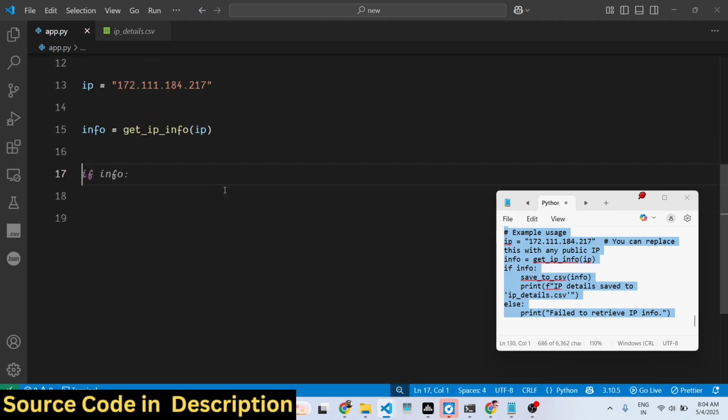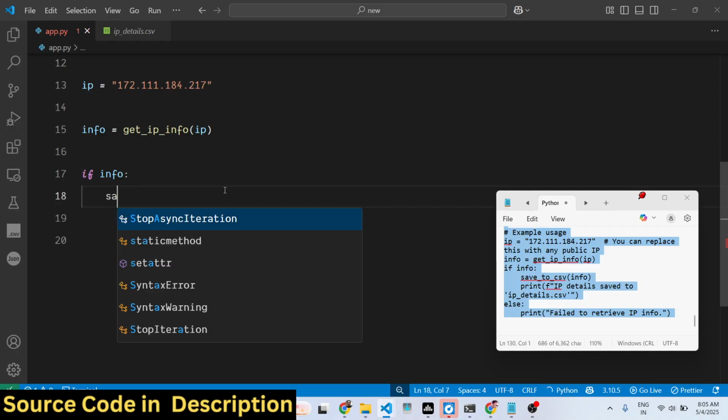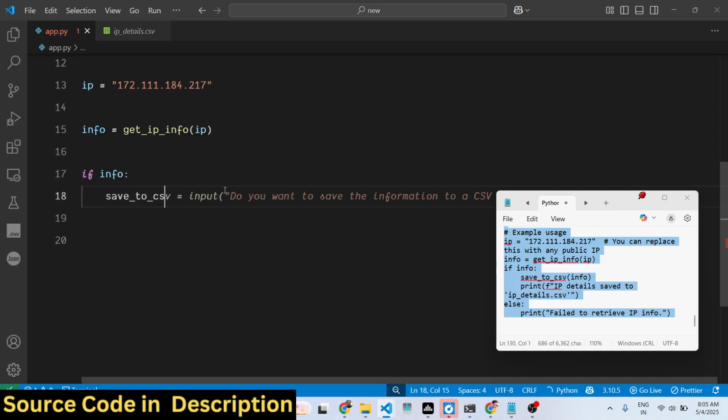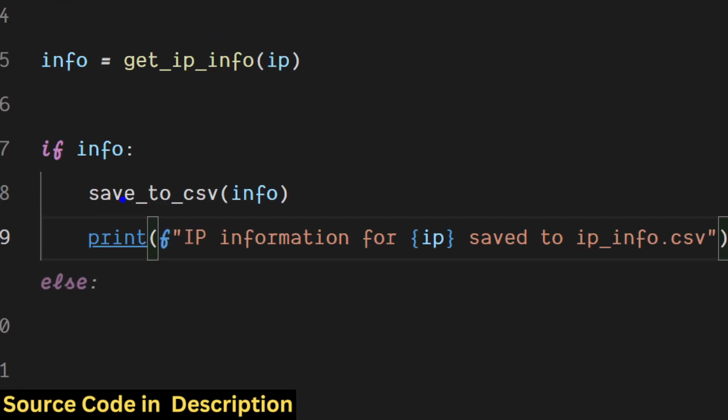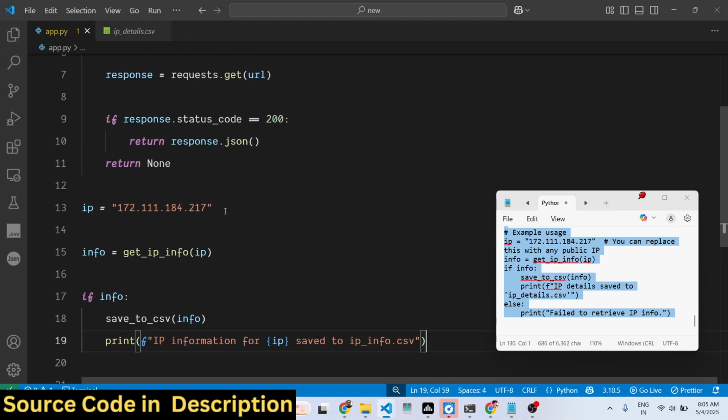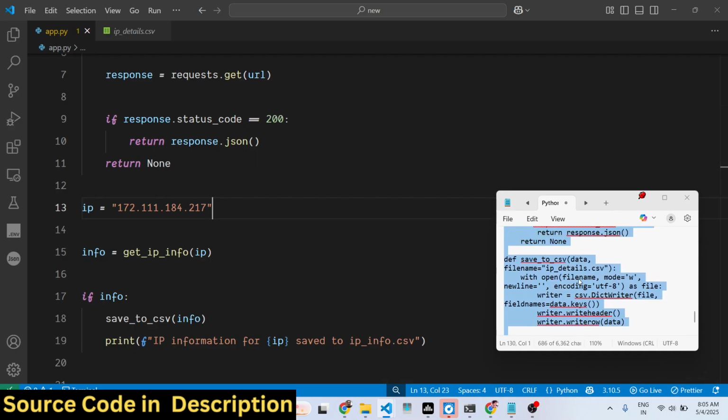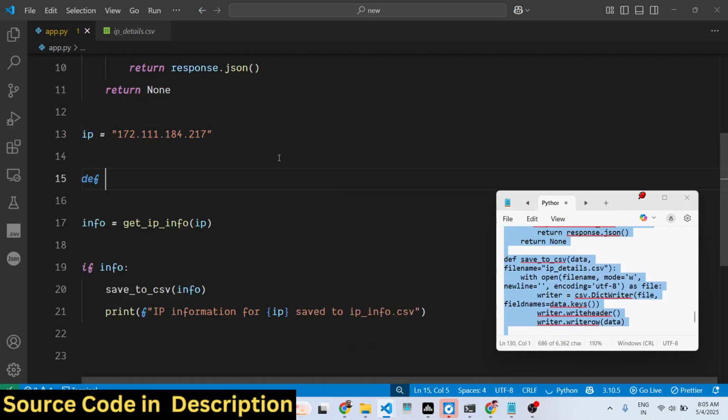After we get this, we can have an if condition that if info is defined, then we need to save this to CSV, and then we can say IP information has been saved. So now we just need to define this function save to CSV, which will actually carry out the process for saving the data. So it will have the actual data and the file name,